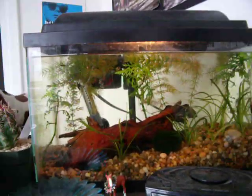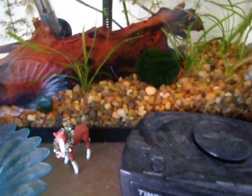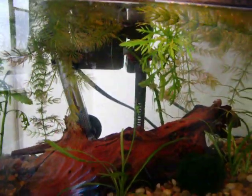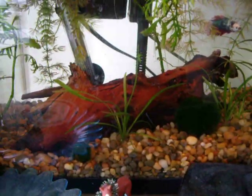This tank has gravel. A substrate is good. It's something to root plants in if you want plants. And I've got some various live plants in there. It helps keep ammonia down. It looks a lot nicer and the fish really enjoys it. He's also got a piece of driftwood